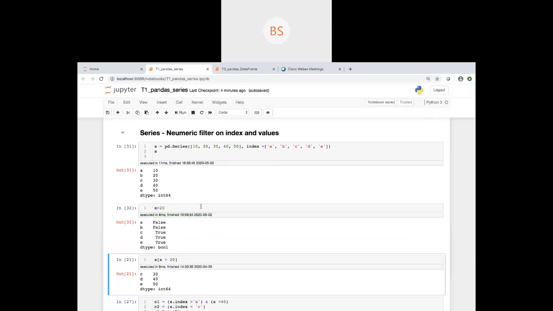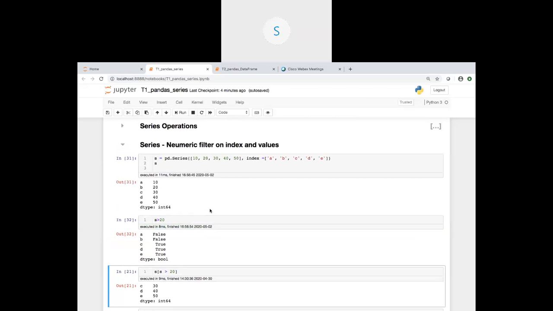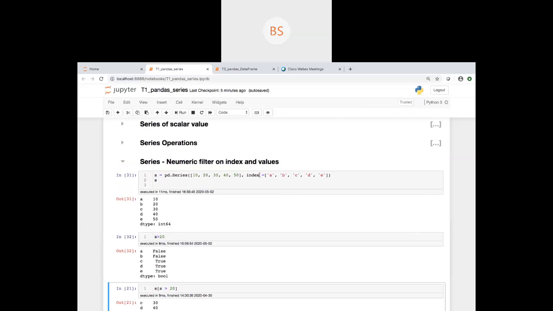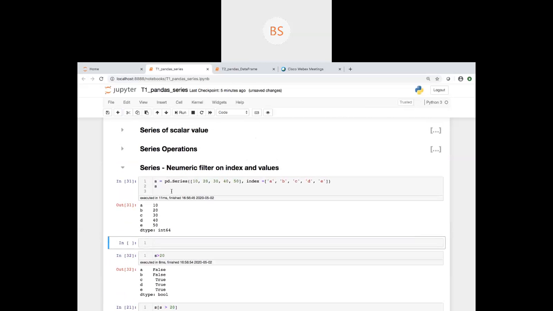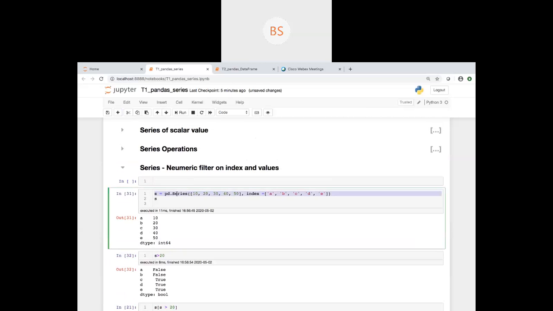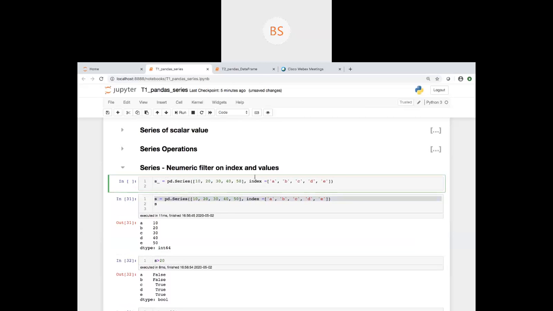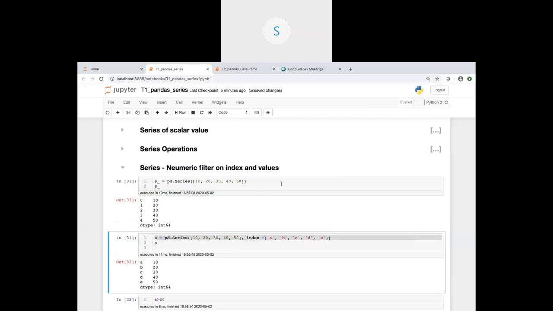So Bharat, I have a small doubt. If we don't give any index to the list, by default it will be 0, 1, 2, 3, 4. Yes. I can't change it here because I have some logic done on the index. But if you want, I can show you on the top. Okay. Yes. Thank you.